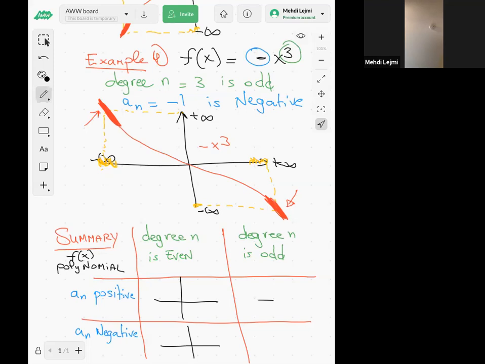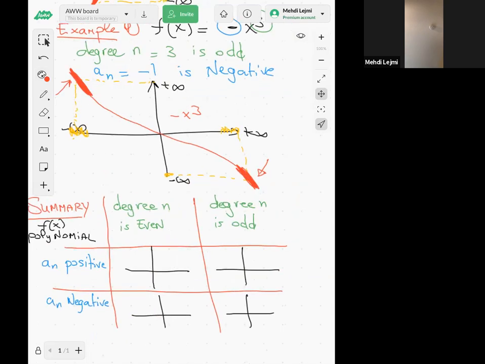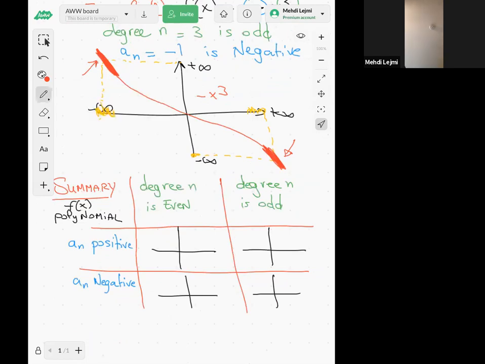So when you graph f of x, if the degree is even and the leading coefficient is positive, then the graph at infinity should be right here. When your degree n is even and a_n is negative, then the graph should be right here